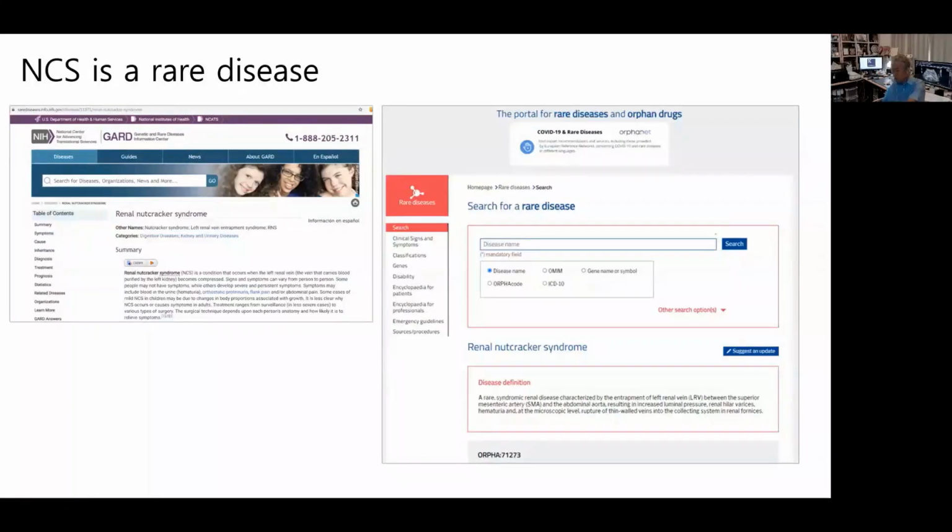Now I'd like to talk about the prevalence of Nutcracker phenomenon and Nutcracker syndrome. Nutcracker syndrome is known as a rare disease and is regarded as a rare disease in the